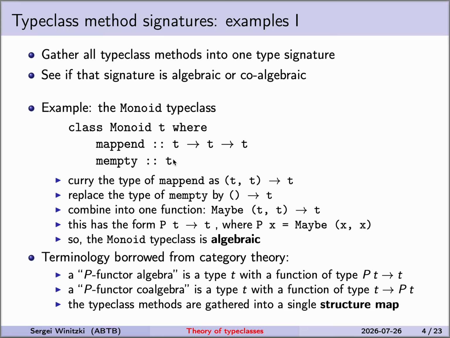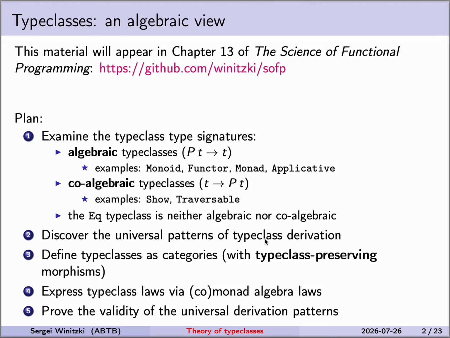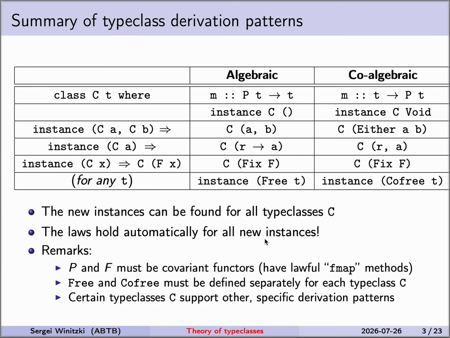And we can do that in certain cases, for some type classes. And if we can do that, and we find that the form is P T to T, then the result is that this type class is algebraic. Let me step back a little and say what is a